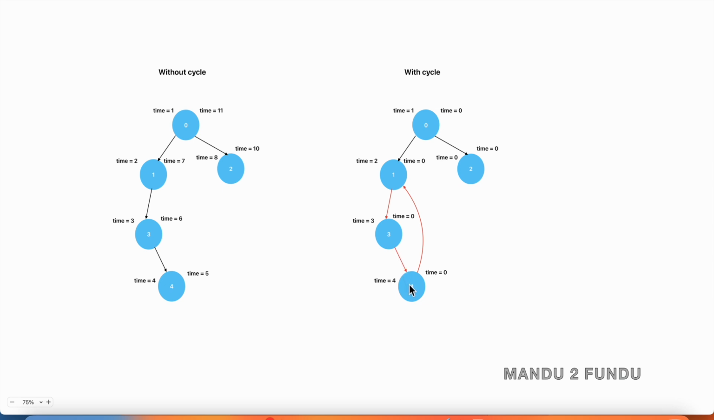Then we see another neighbor for 3. Then we see 3 has neighbor 4. Then we update the neighbor 4's arrival timestamp as 4. And then we see that 4 has a neighbor 1. So after processing 1, then only we can update the departure time. Okay, so we are trying to process the node 1, but we see the node 1 is already visited,